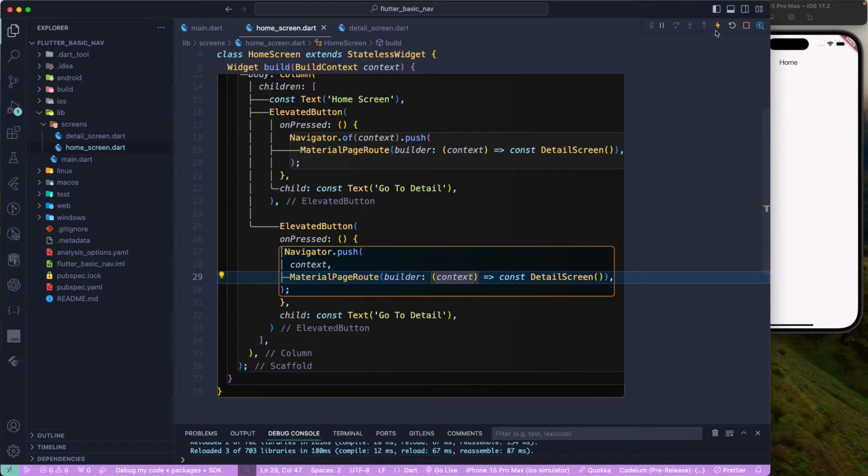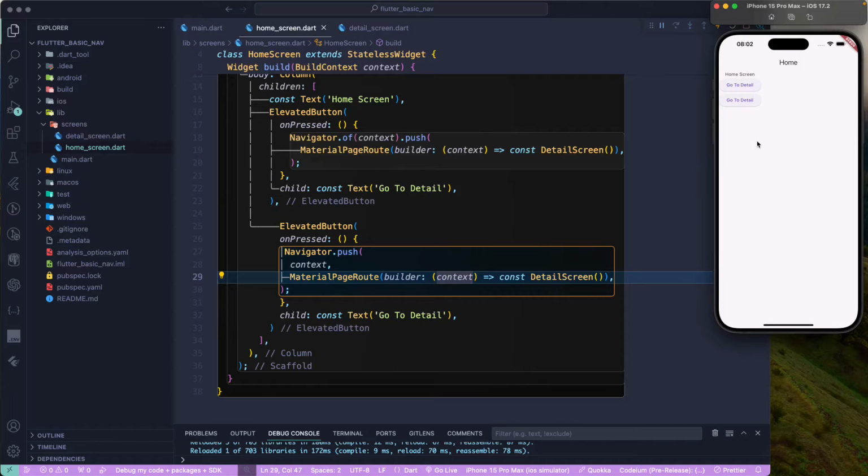And now if I go and reload this one, I should see that particular button over here again, and if I go click on that one, I go to the detail screen as well. So now what we want to do next is, once we click on this, instead of using this one, I want to use the go back button. So let's go over here,